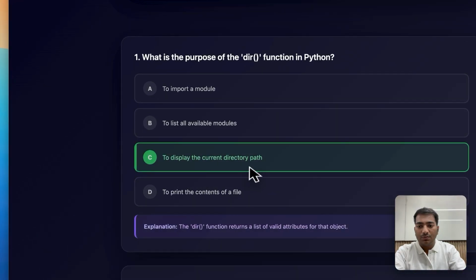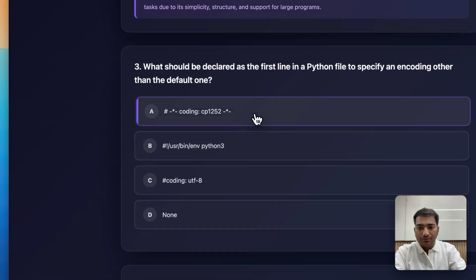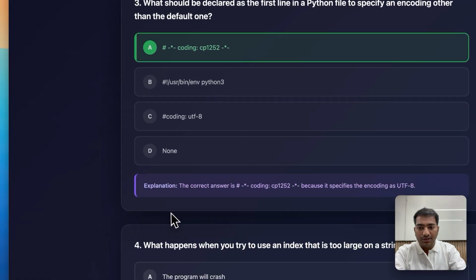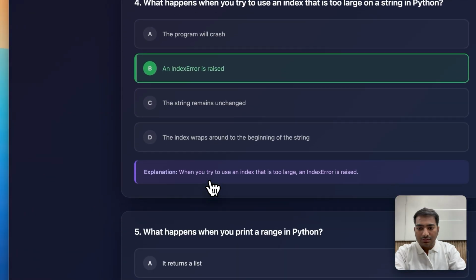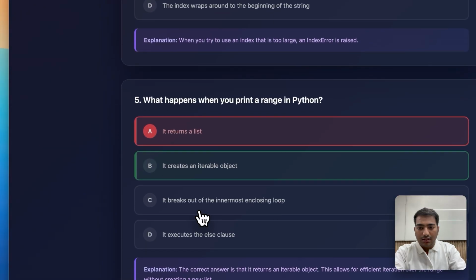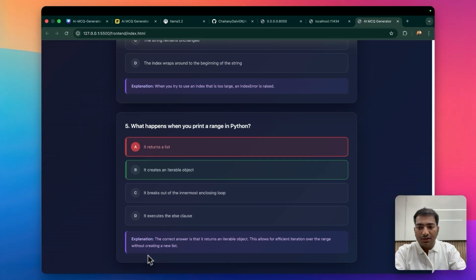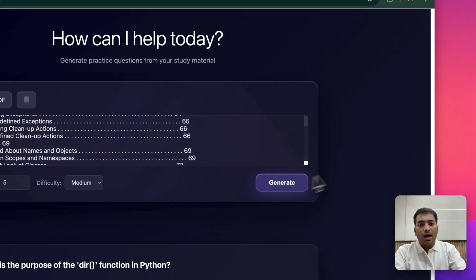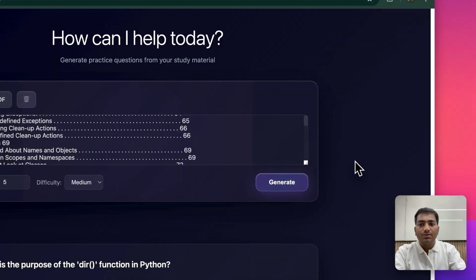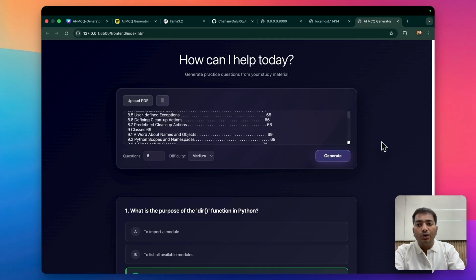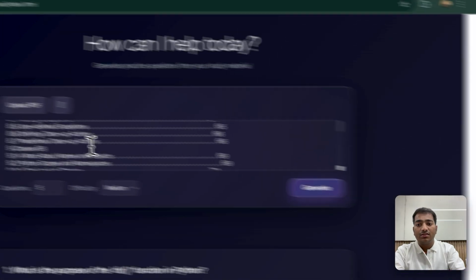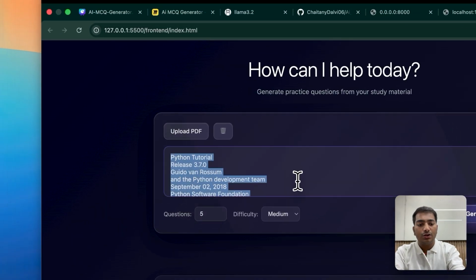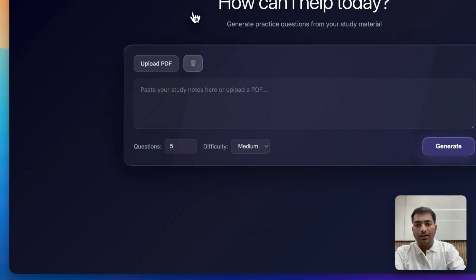If I choose any of these options, it shows the explanation. As I choose the wrong option here, it shows the correct option too and the explanation too. So I hope this AI MCQ generator will help you when you're doing your exams, and if your exams are very near, just upload it, or rather you can just press this button to make an